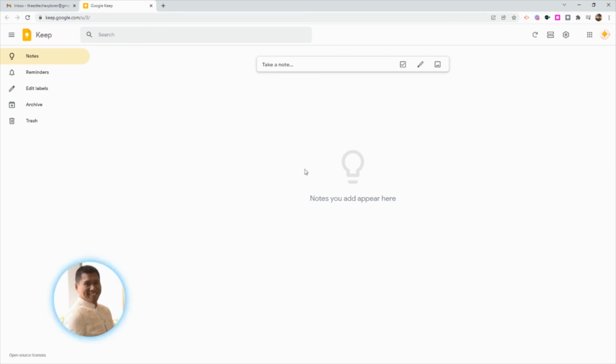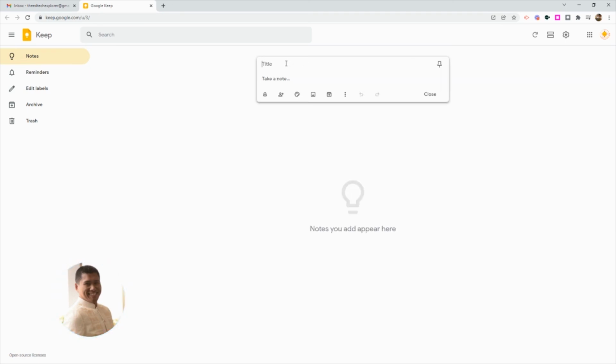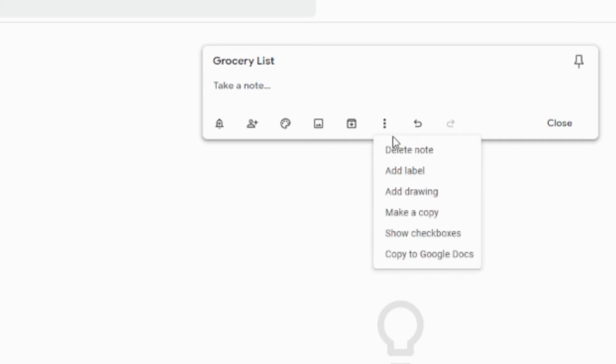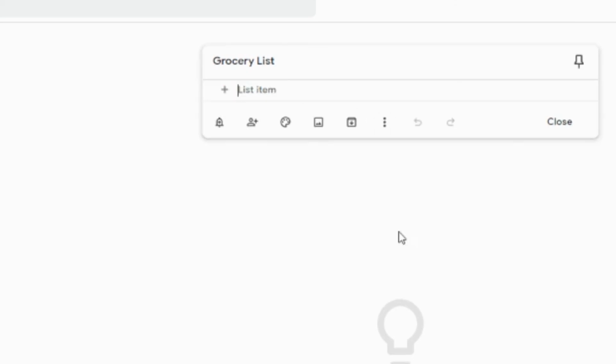Okay? So, paano ba natin gawin? Okay, so for example, gusto natin mag-take down notes dito. Okay, so for example, grocery list. Okay, lagyan natin grocery list. Okay? So, from here, pwede tayong mag-create ng checkbox, no? Or para mga list. Let's say, for example, type natin